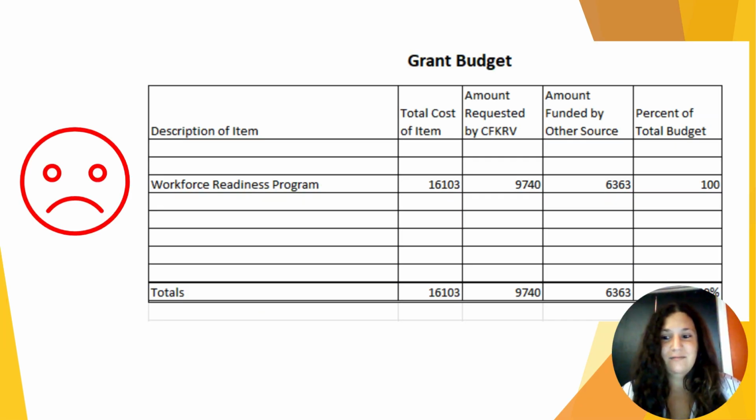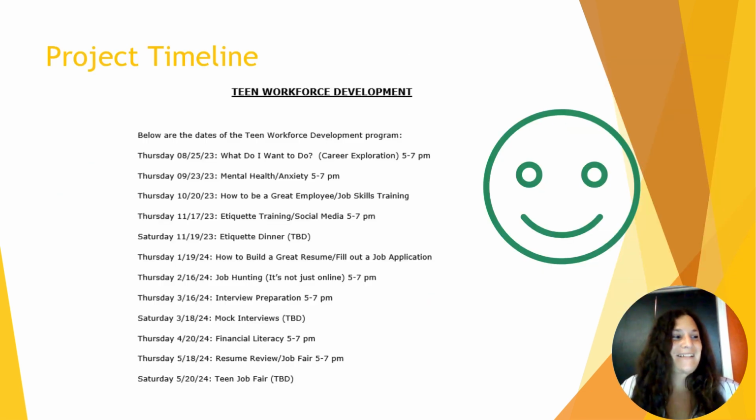Next one here, we have a sad face. We have a thumbs down. It just says, this is our program, and this is the money we need. And so it doesn't really give any sort of description. And yes, we've seen budgets that look like this. And that's where the budget narrative is coming in to help you think and be more descriptive in what